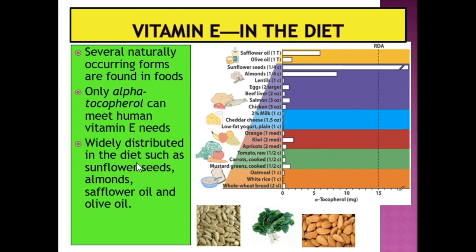So these sources of food, or sources of vitamin E, also have unsaturated fatty acids. And if you remember, in the previous chapter we covered lipids. One of the types of fatty acid is unsaturated fat, and this type of food or vegetable oil is also rich in vitamin E. So it is good for us to take these sources of food to maintain our